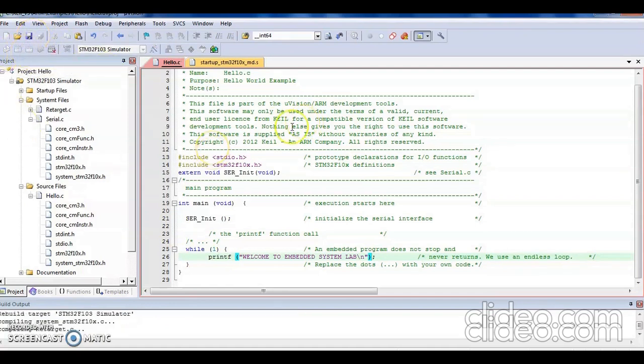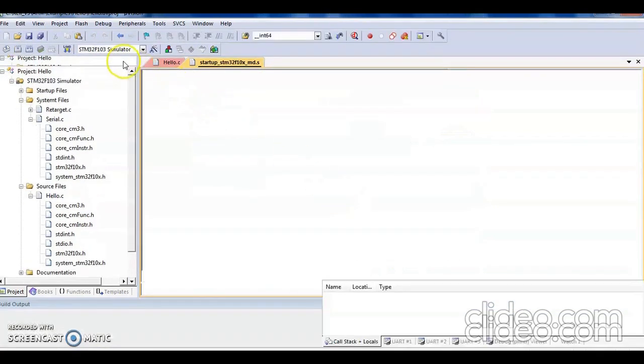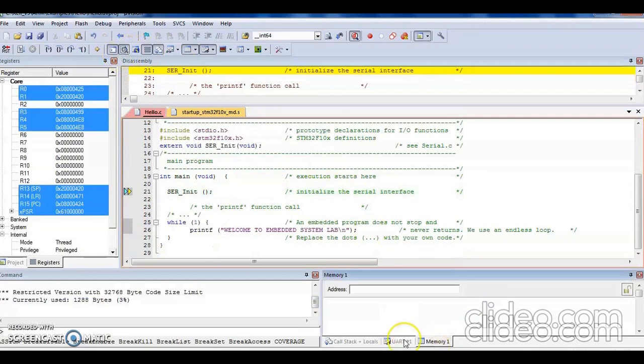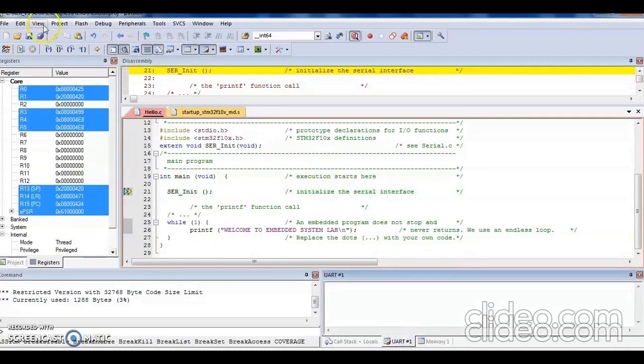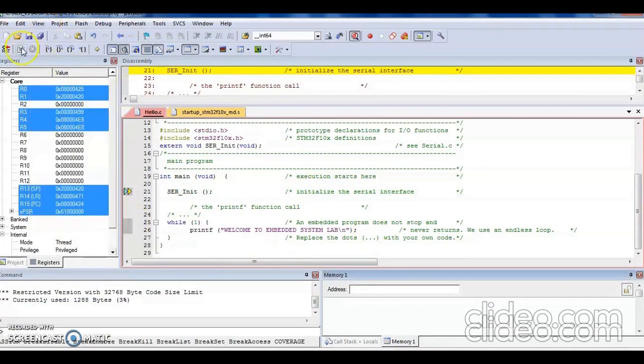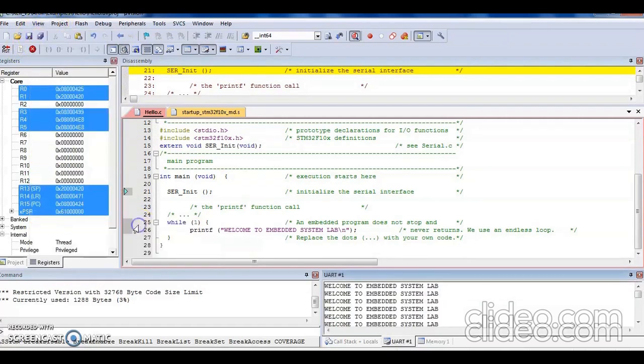Now I will see the message being sent serially and continuously in an unending loop. Let me start the debugger. I can see the memory windows and the UART windows. Let me first check UART 1, run the code, go to the serial window, and check the output.